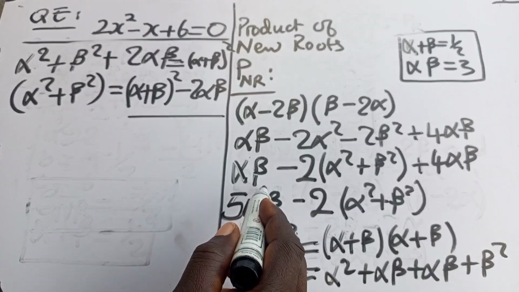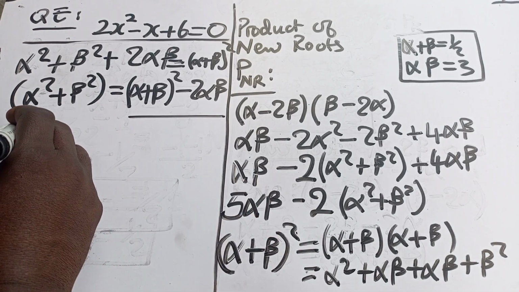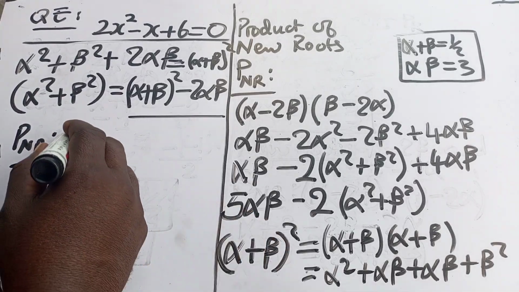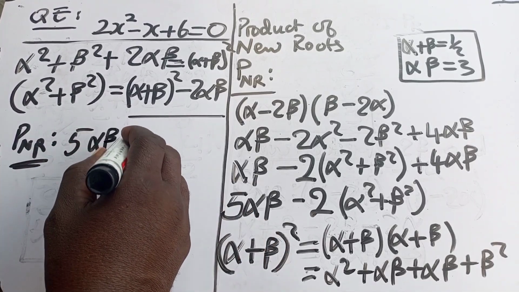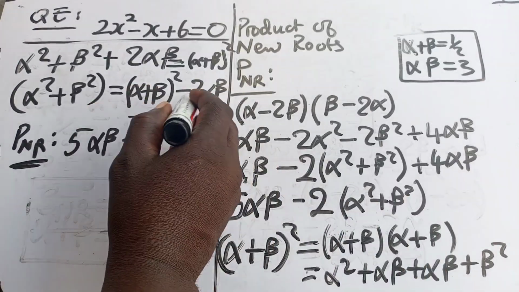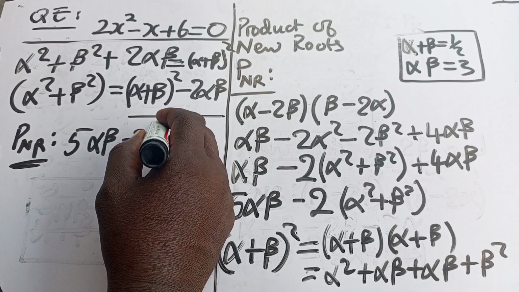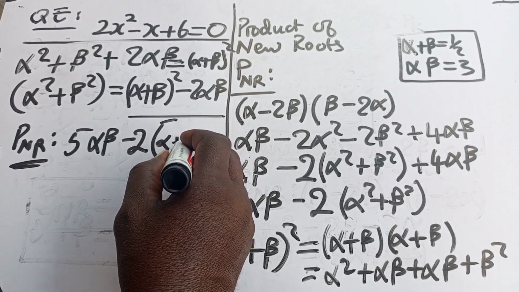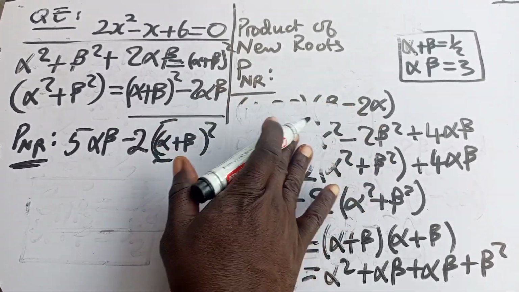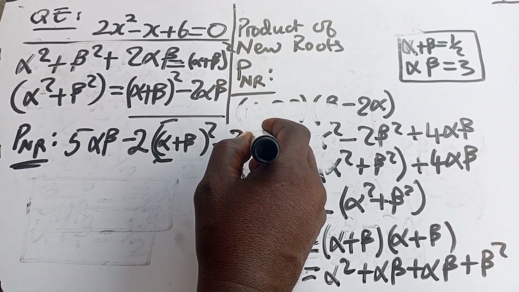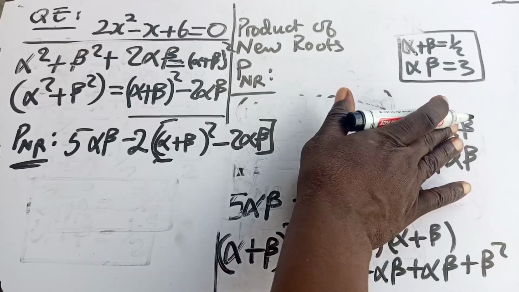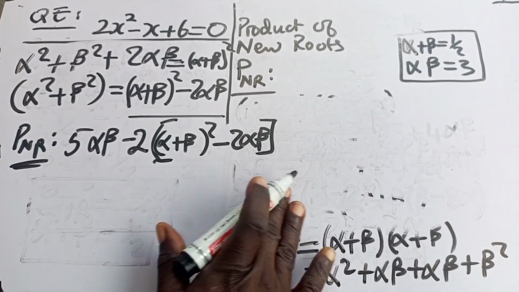So our product of new roots now becomes, we still continue, is 5 alpha beta minus 2, instead of alpha squared plus beta squared, we write all of that, minus 2 into alpha plus beta squared, minus 2 alpha beta. Okay,